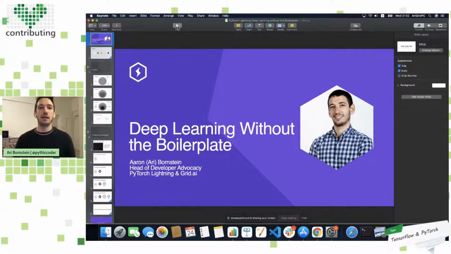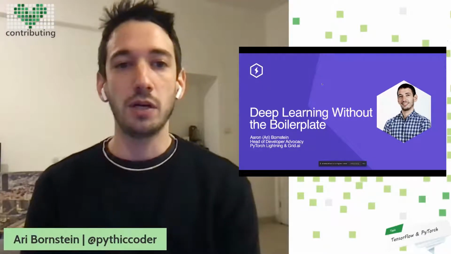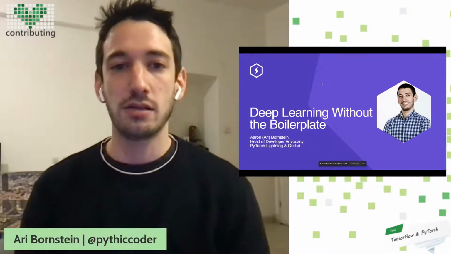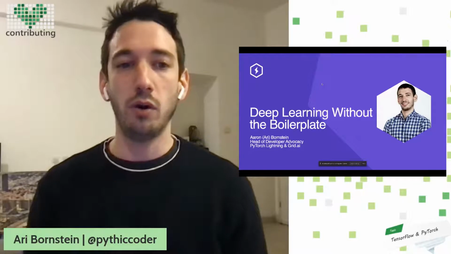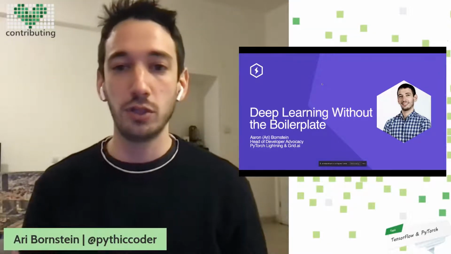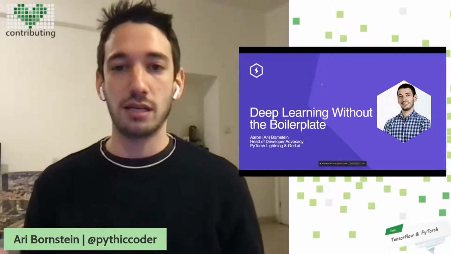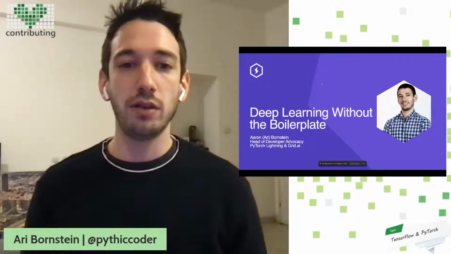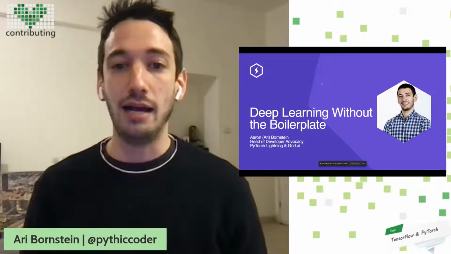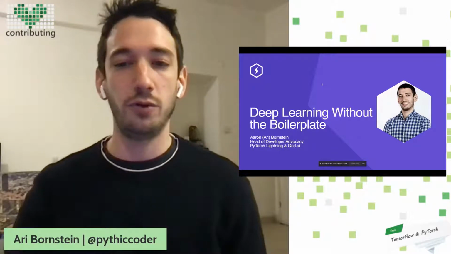So I'm going to be talking today about a topic that's a little bit more in depth around the area of machine learning and deep learning. I'm going to be talking about how you can optimize your deep learning applications without the boilerplate. But don't worry, we're going to have a little bit for everyone. So if you're new to machine learning and you're new to some of these concepts, there'll be a lot of stuff that's accessible for you. But also if you have a little bit more of a background and you're looking on how to take your deep learning applications to the next level, I'm hoping that there'll be a lot here for you as well.